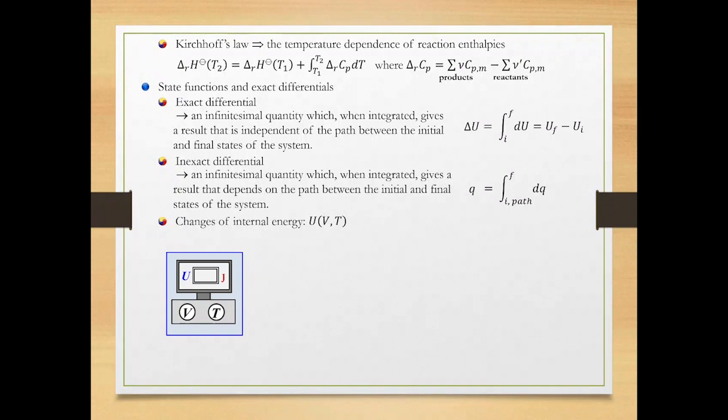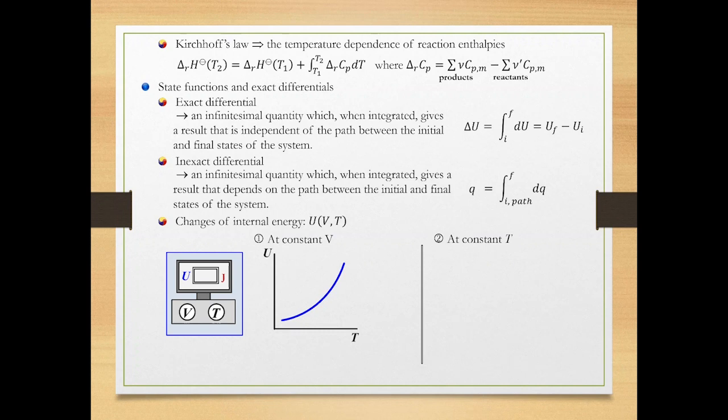Imagine a device that is made to measure the internal energy of the system in joules. It has two knobs to control the volume and temperature of the system by ramping up or down, which allows us to observe the change of internal energy. You can either maintain the volume or pressure constant while the other variable is changing. Constant volume means you can only ramp up or down the temperature.